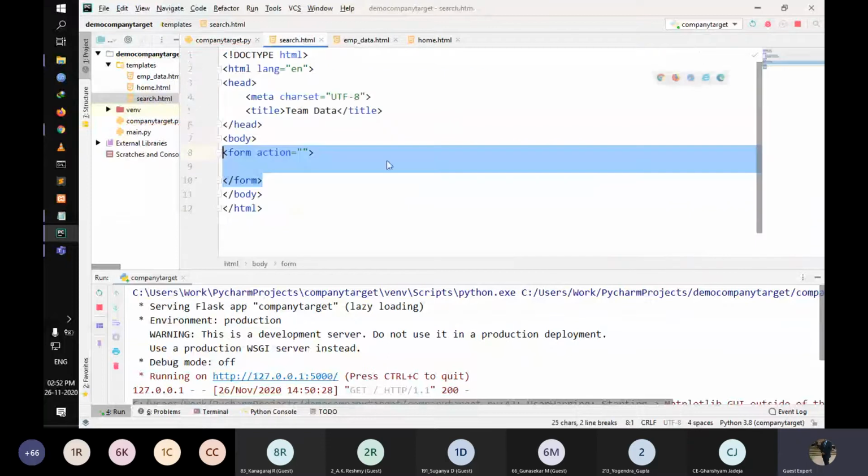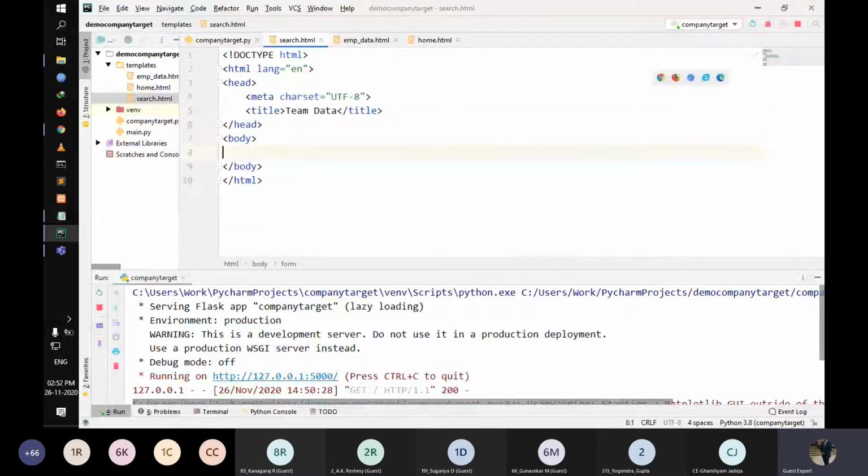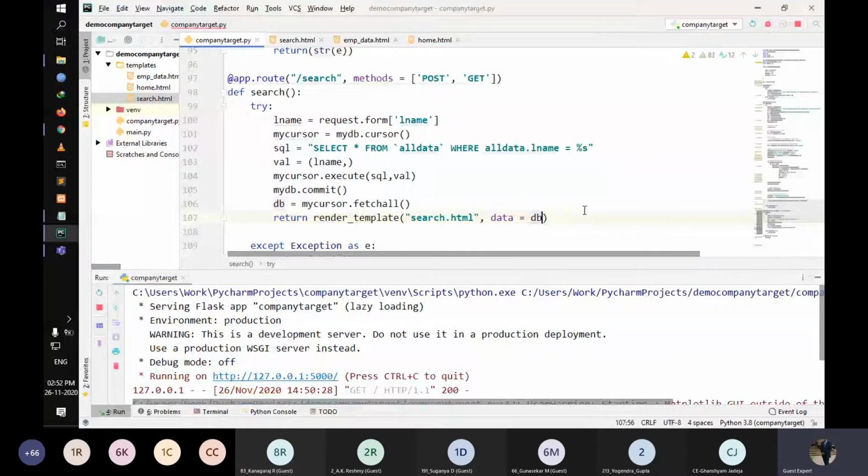And now we go on this page. Not data, it's db here. It's db data equal to db, and this data we will pass in the